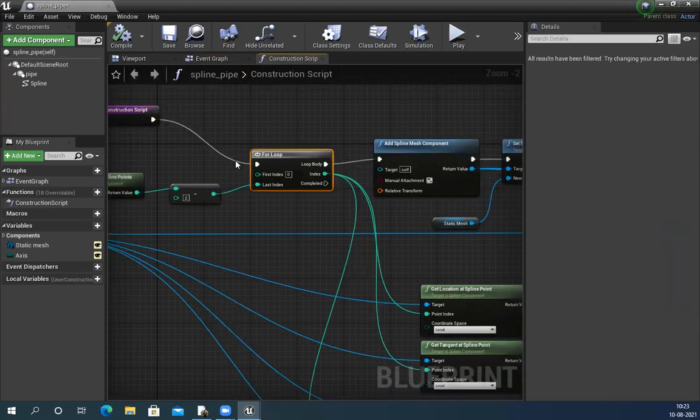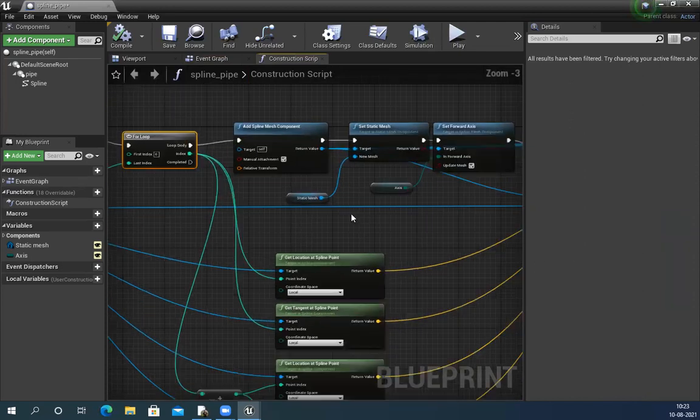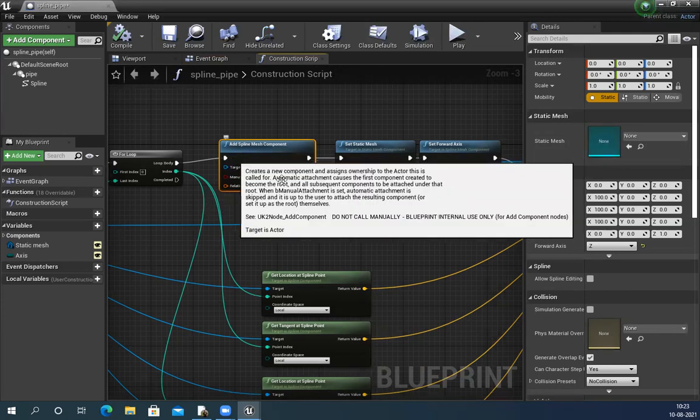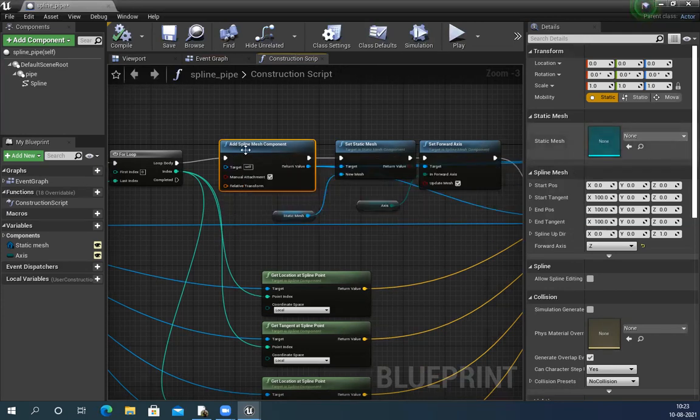And then it looped it, so whatever you duplicate, it will loop automatically. Inside this, you can see there is an add spline mesh component. This is for replacing the geometry, so I can use one blueprint for all kinds of geometry and replace that. This is an empty mesh. If I don't have it, I can simply assign a mesh directly here, so it will have only one geometry.